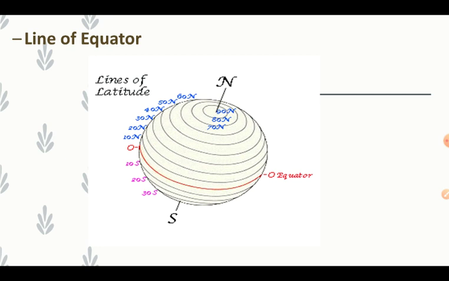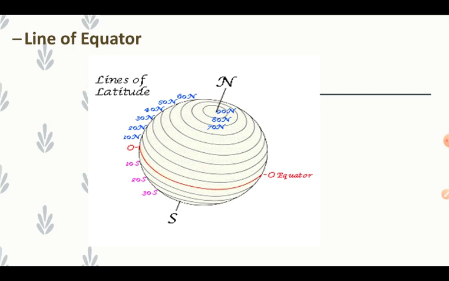The globe is a model of the earth, right? Longitudes are standing lines, and latitudes are parallel lines. The globe is a model of the earth used to locate places. You can see the picture of the globe, and you can also see the parallel lines. But the line drawn in red color is the line of the equator, another important line.